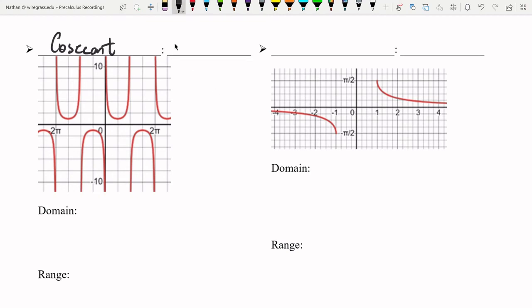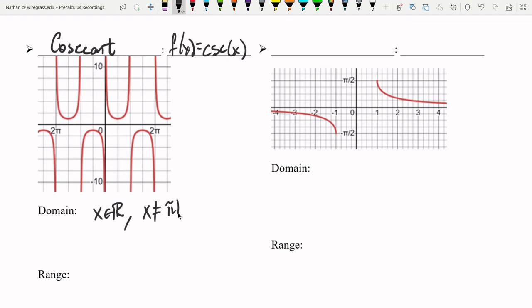Yep, cosecant. This is going to be f of x equals CSC of x. That stands for cosecant. The domain for this one, again, is very similar to the domain of tangent. We have an asymptote here at 0, one here at pi, one here at 2 pi, same thing at negative pi, negative 2 pi. So x is an element of the real numbers. That's the domain, but x cannot equal